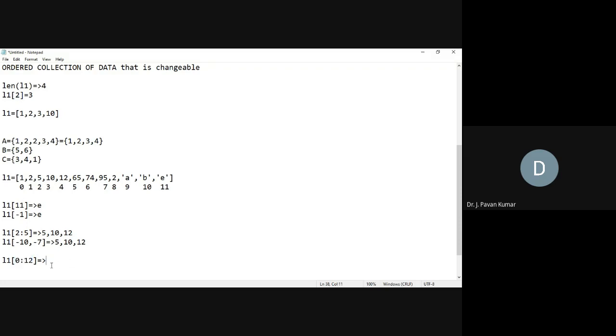Without specifying anything, the step is considered one. But if you wanted a step other than one, to print every alternative element, then we can specify a third thing, that is a step.